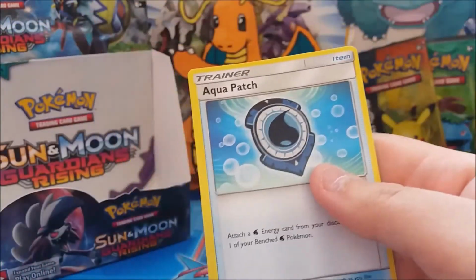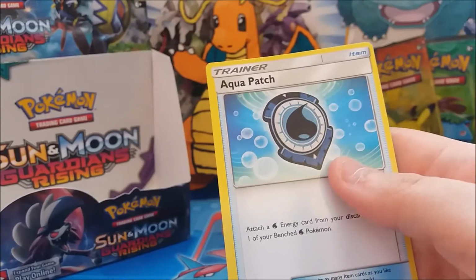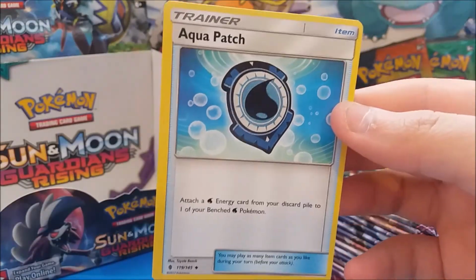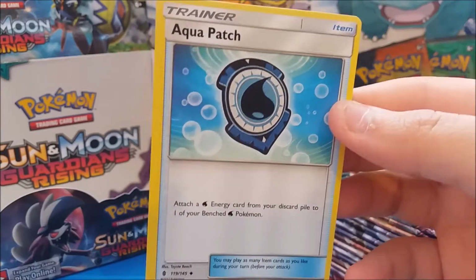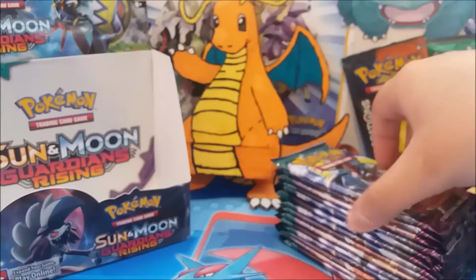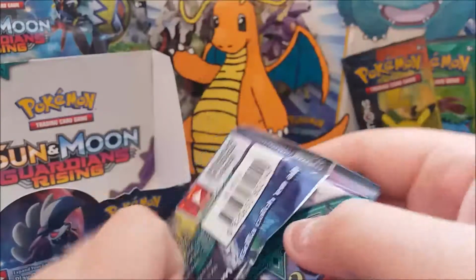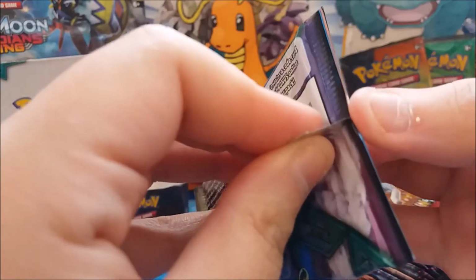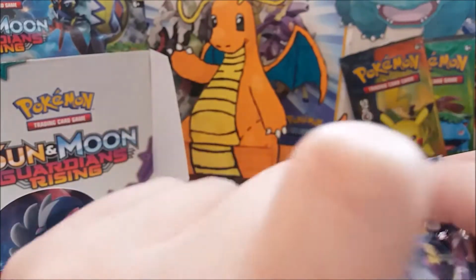Finally we got an Aqua Patch, so I'm going to talk a little bit about the Aqua Patch now for any of you who don't know. Aqua Patch allows you to attach a Water Energy, which we pulled from this pack, from your discard pile to one of your bench water Pokemon. So it's basically a water version of Dark Patch for anybody who played before. I think Dark Patch is now an expanded card, but Aqua Patch is really good. It's probably one of the most hyped cards of the set at the moment, because it's just going to make water decks that much easier and nicer to play. It's going to make energy replenishing nicer as well. Things like Alolan Ninetales,